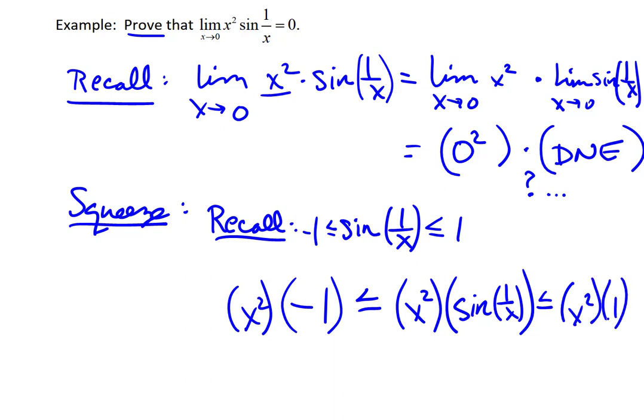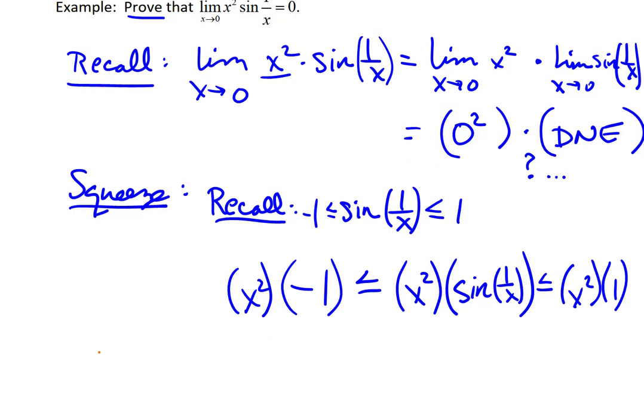Now realize that we're multiplying by x squared all the way through, but x squared is guaranteed to be positive no matter what x is, which means this does not affect the inequality symbols. We can leave this as is. Now, if we go back to our limit laws in a previous video and review some of them, you will find that